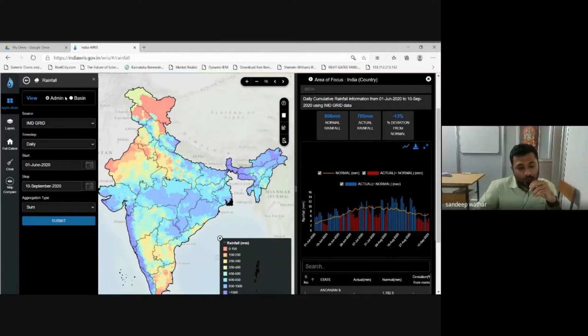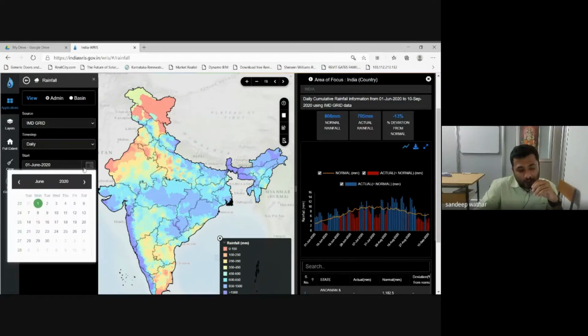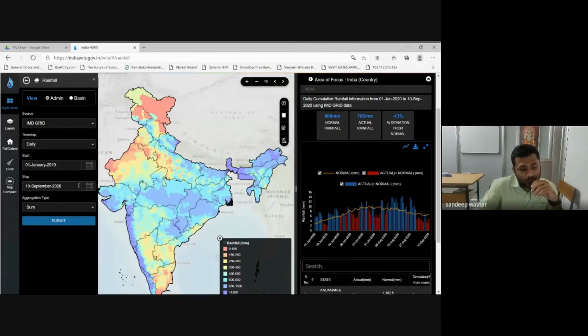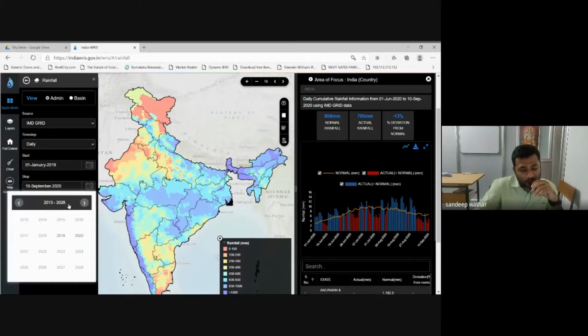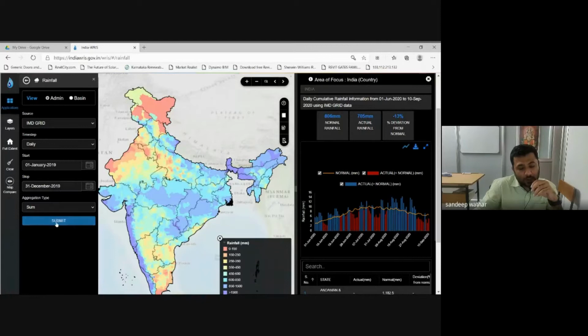So this default type of data, the kind of geographical area or areal extent that you want, will remain as admin. Admin represents the administrative boundaries. Okay, as you all know. So time step will remain same, which is daily, and I'll get the data for one complete year. So January 1, 2019 will be the start date, and I'll end at 2019 December 31.